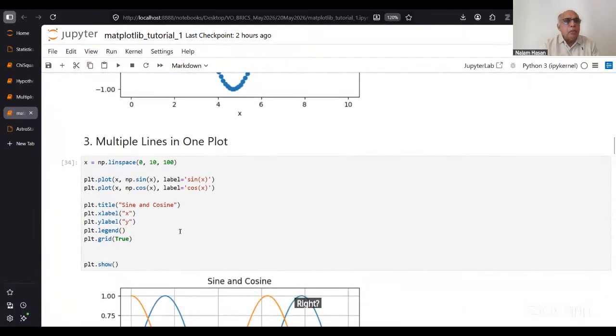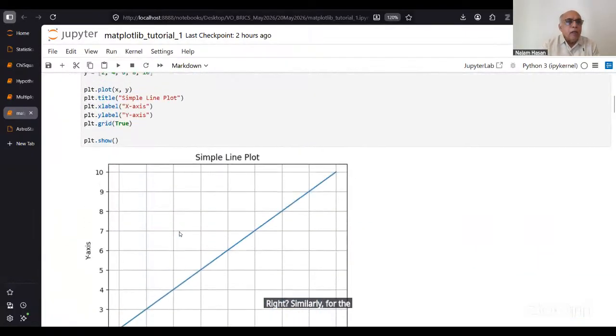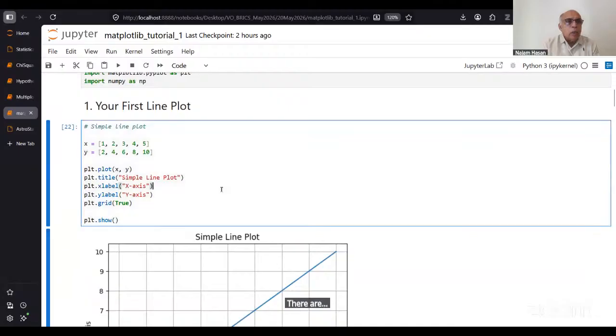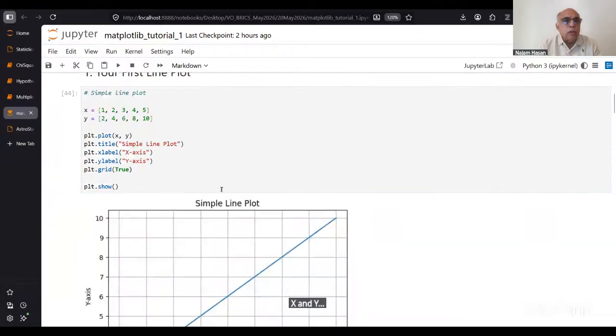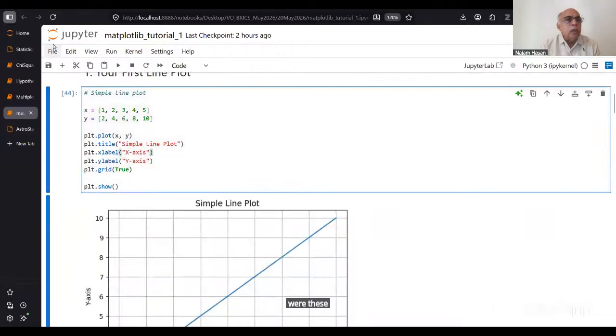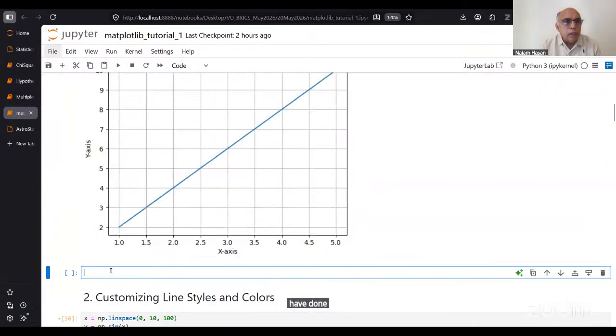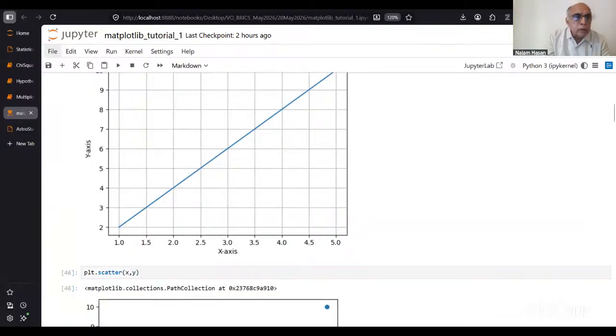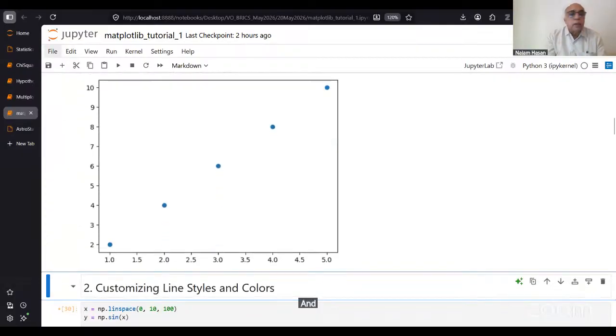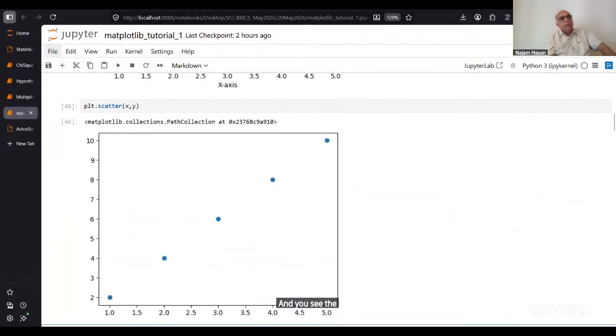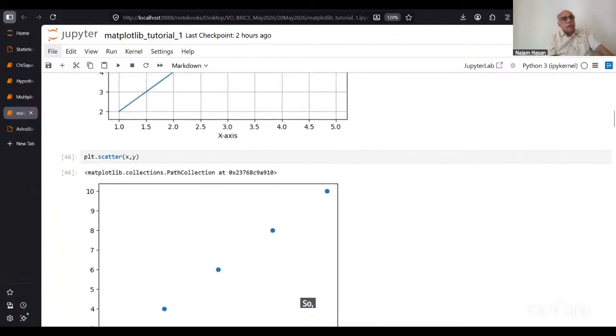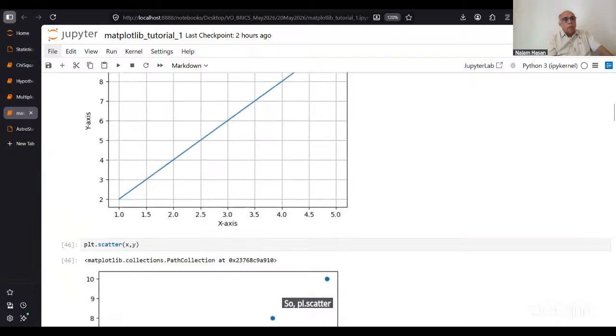Similarly, for the above one, where our X and Y were these, I could have done a plt.scatter X comma Y, and you see the scatter plot here. Okay, so plt.scatter, plt.plot,